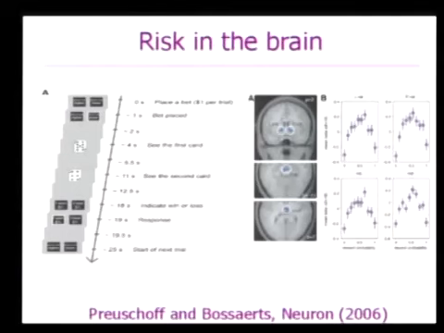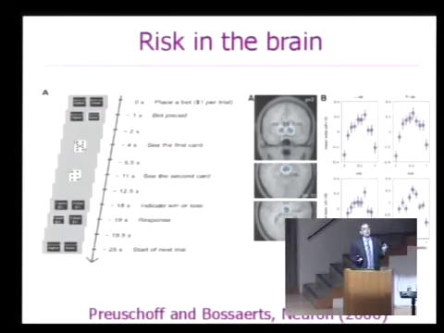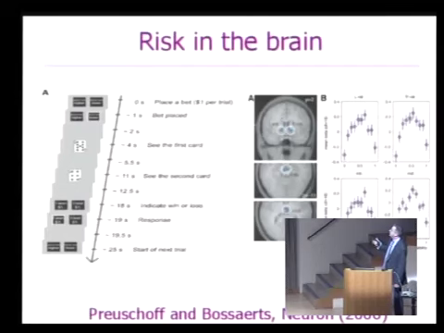And what they found is, again, in this ventral striatum region I showed you earlier that seems to correlate with prediction error, you see activity that's correlating with risk. It shows this kind of U-shaped curve. So it's maximum at 0.5, and it tapers off as you're either certain to lose or certain to win. So the brain does seem to represent this kind of risk signal. And again, Wolfram Schultz has found evidence that this signal may be present in dopamine neurons that project richly up to this area of ventral striatum.